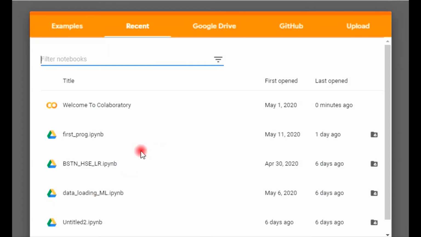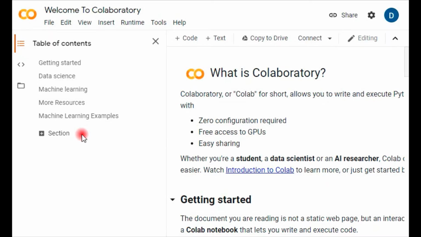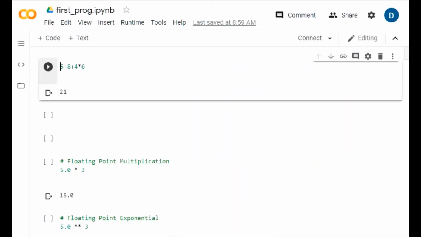We have our own file created in which we are continuously working, the first program.ipynb file. This is my file and I'm working on it. You can create your own one using a new notebook. If you want more information on how to create the file, you may watch the first video that will help you. So I'm just opening my file. Now your file is open. Just remember to connect it with the Google server. I'm connecting it.